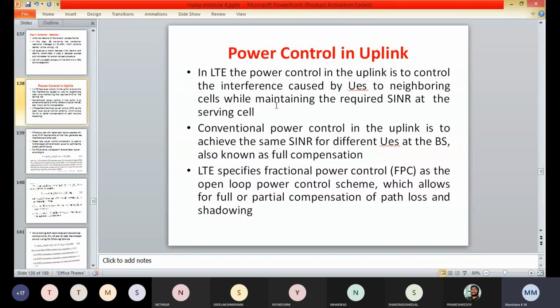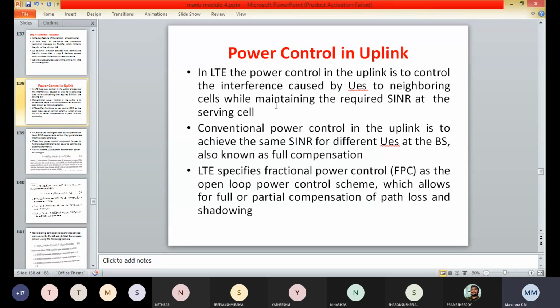So next we have power control in the uplink. Here, with the SC-FDMA based transmission in the LTE uplink, the orthogonality between the intra-cell transmissions from the multiple user equipments is achieved, which will remove the intra-cell interference and the near-far issue typical of CDMA based systems such as WCDMA or HSPA.